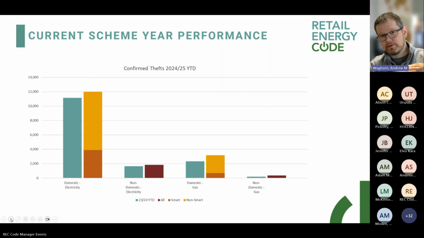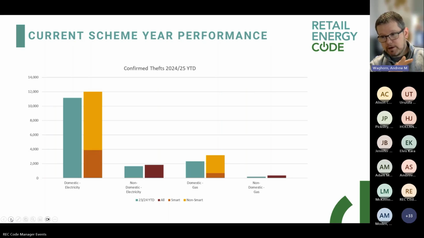But it's also interesting to look at the relative size of the four pots. We see obviously considerably more theft in domestic electricity reported than any of the other areas. So, the other thing I draw out, I guess, is that